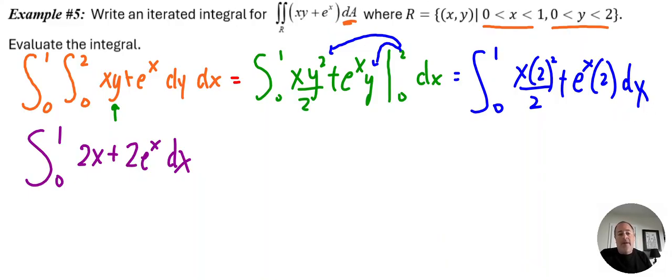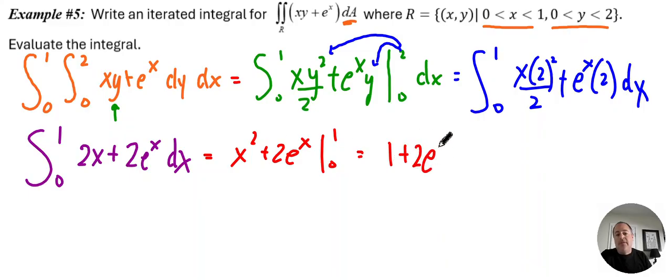Then all we have to do now is go back to, as I've been saying, basic calculus, integrating this with respect to one variable. The integration of 2x is x squared. The integration of e to the x is just e to the x, and the 2 is still in front. We're going to evaluate this from 0 to 1. So if I plug in, we get 1 squared, which is 1, plus 2e to the first